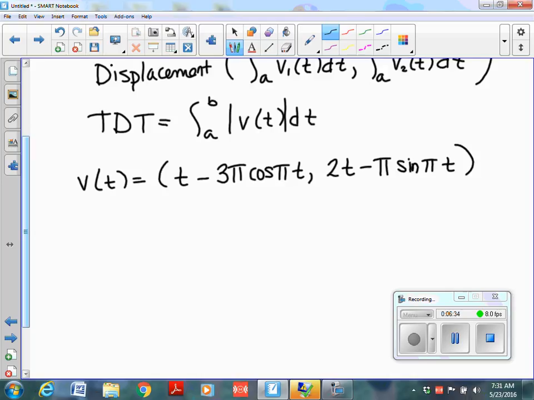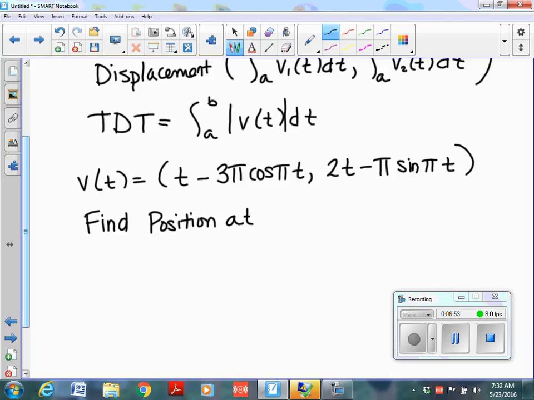Okay, so that's the vector that they give you, and obviously v means velocity, so they want you to integrate, because that was the velocity,